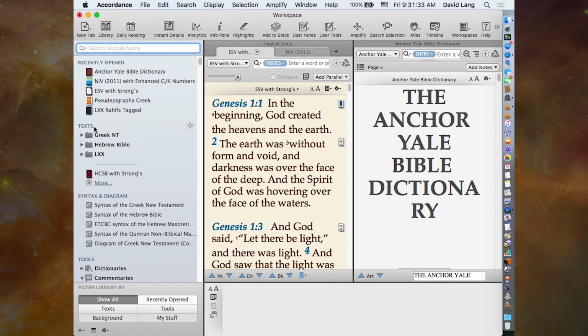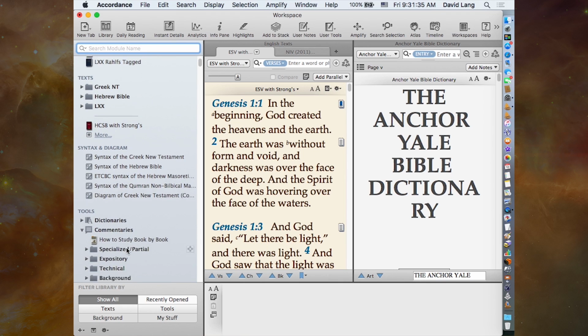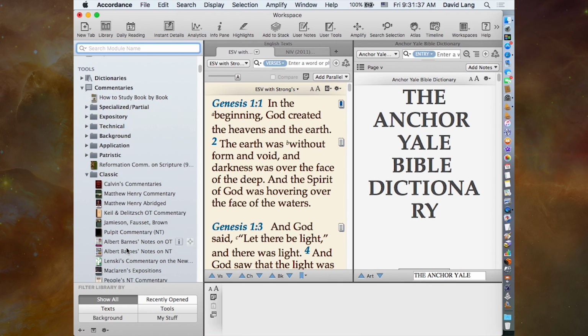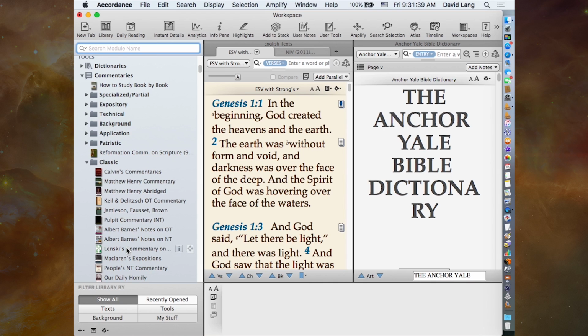And then tools are further down. Those are secondary resources that give you more information about the text. So dictionaries define words in text. Commentaries comment on particular verses in a particular text, and so on. And so basically anything that's not a text is a tool, and those are sorted into various categories. So you can see I've got dictionaries, commentaries, grammars,